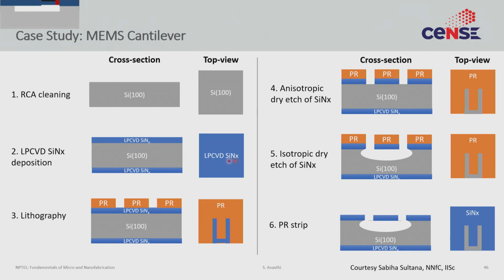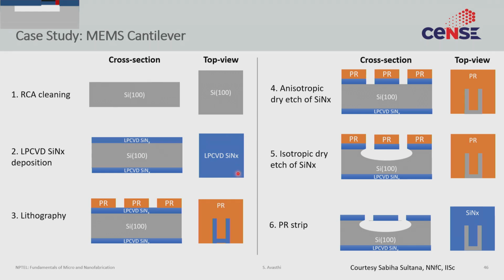If you look at this cantilever, this is the process flow. We start with the silicon wafer, a virgin silicon wafer. There is no pattern on it. We deposit silicon nitride using low pressure CVD, LPCVD. Because this is LPCVD and you're starting with a virgin wafer, it is deposited on all hot surfaces. So it will get deposited on the front surface of the silicon wafer, but also on the back surface. Looking from the cross section, you see something like this. Looking from the top, you see something like that.